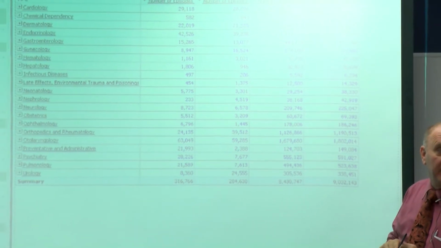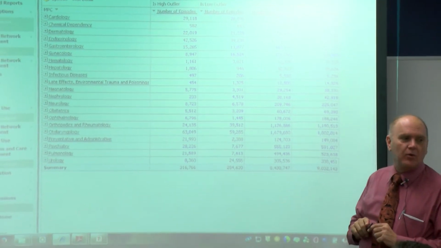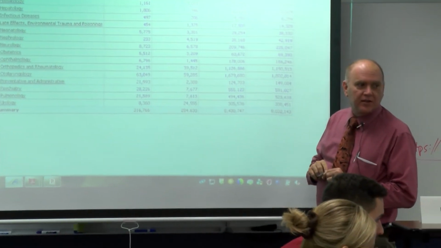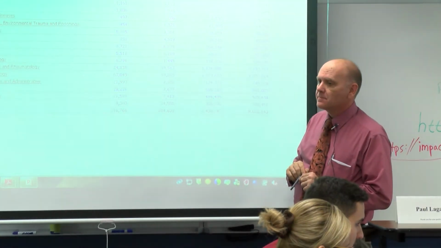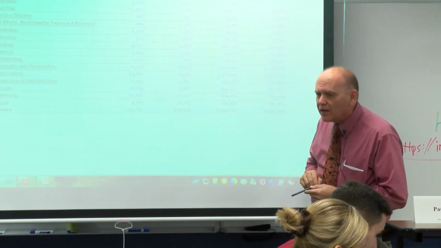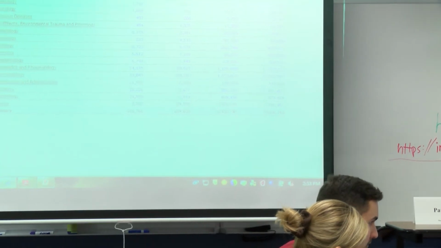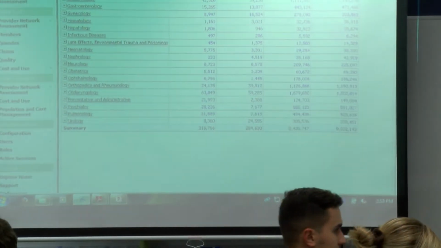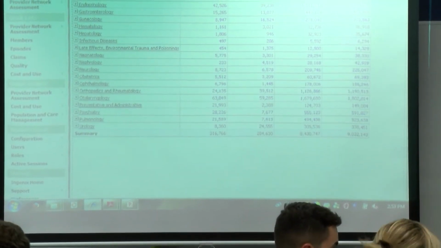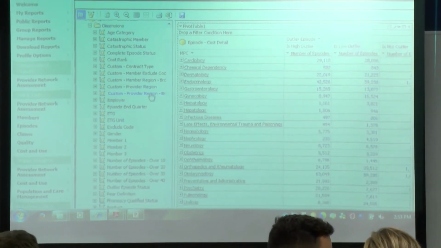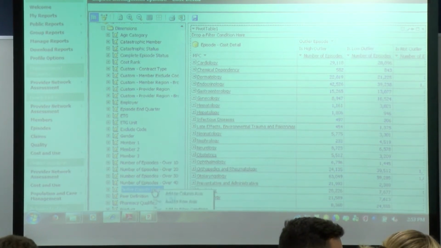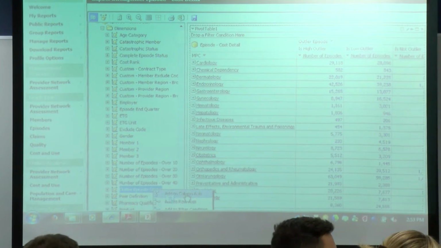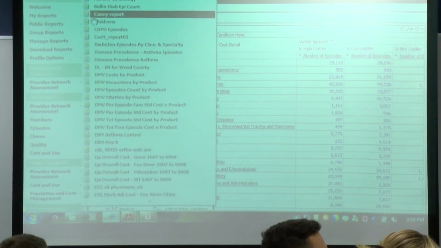And that was based on outlier episode status? Correct. And you added that as a filter? I add that as a column. A column. Yep. Could you show that one more time? Show how you got there one more time? Sure. I went to this one called outlier episode status, right-clicked it, and said add it as a column. That's all I did. And then I got rid of